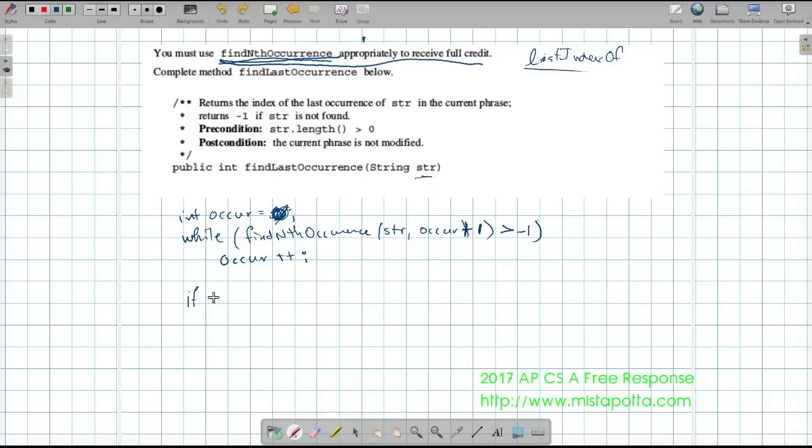So if occur is equal to 0, which means that this loop never got triggered because str never even showed up in the word, then we're going to go ahead and return -1. Otherwise, the last time we found it was when occur was at a particular value, so I'm going to want to return the findNthOccurrence for str